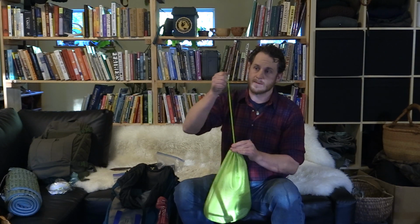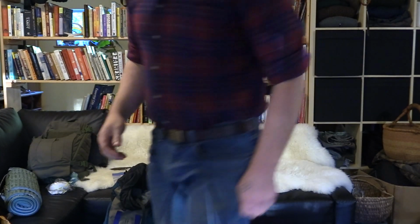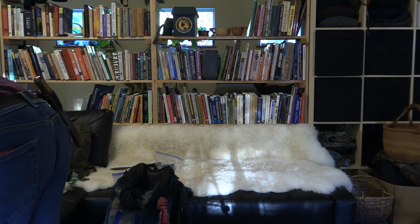This is the stuff sack that the bag comes in, but you'll notice it's super bright colored. Typically I don't want to be really high visibility if I'm trying to mind my own business and other people are going to mind theirs, but sometimes if it's an emergency you want something bright. And I would add another thing that I have here